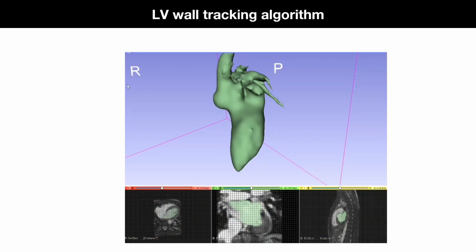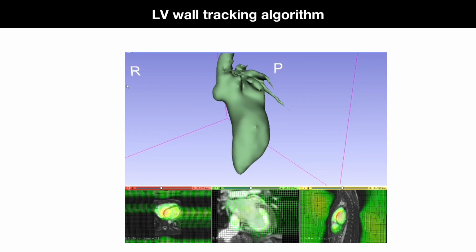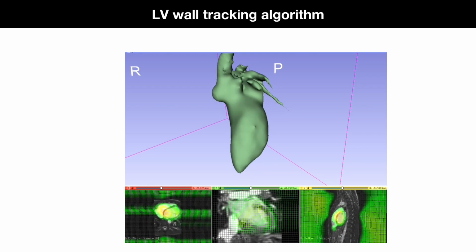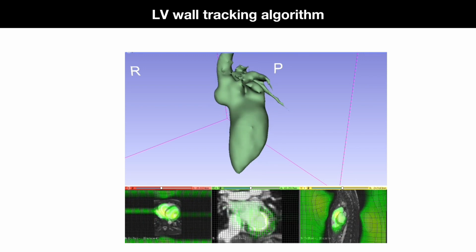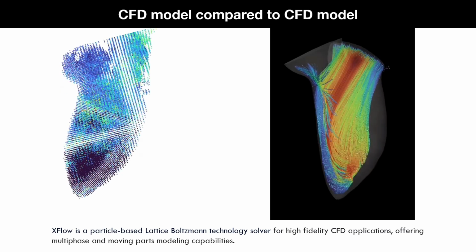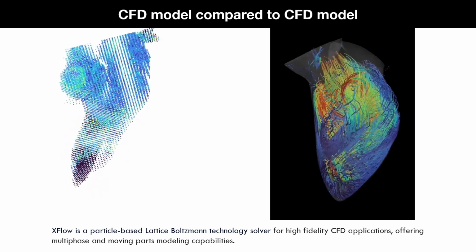Then we can use this to create a model of the internal left ventricle and use this to impose the boundary conditions on a finite element model. So we can use that then to create a finite element simulation where the extracted wall displacement is accurate over one cycle. Now we can couple that and create an accurate fluid structure interaction model, and